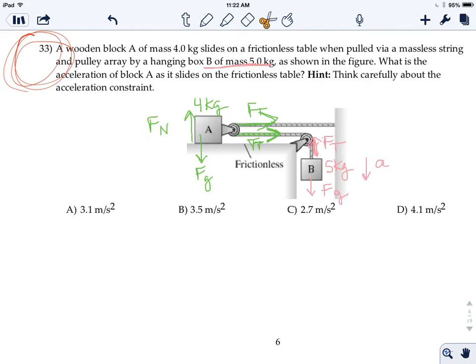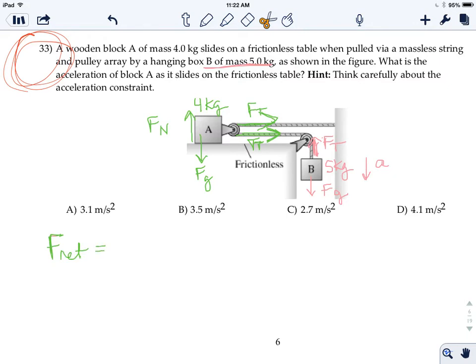They're not part of the issue. If there was friction, then there would be, so we'll throw friction in later. This is going to be enough for this one. Trust me. So our net force for the green one